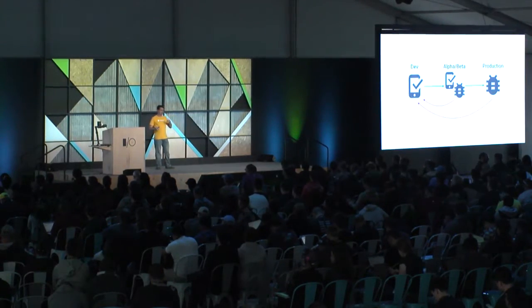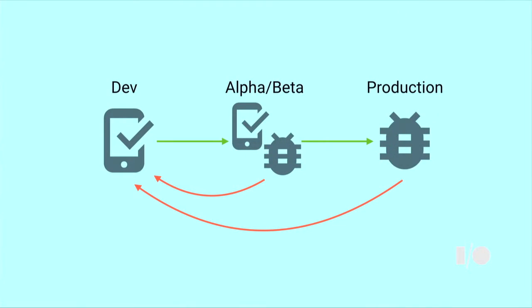Now, the way I see Test Lab and crash reporting working together is that during development, you'll make use of Test Lab in the cloud to make sure that all of your tests are working as planned. Then for Android, when you publish to an alpha or beta channel, there's another test that's run. We call this a pre-release report. And this is a very simple robo test. And what this will do is give you kind of a quick check to see, is my app actually launching and working OK on a variety of devices. And then, of course, your alpha and beta users, if they experience crashes, that will report back into the dashboard, and you can use that to create new tests to make sure that you fix those properly.